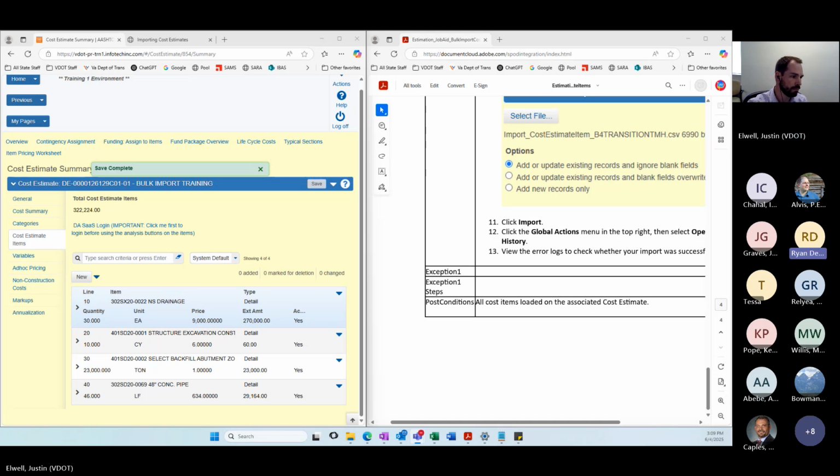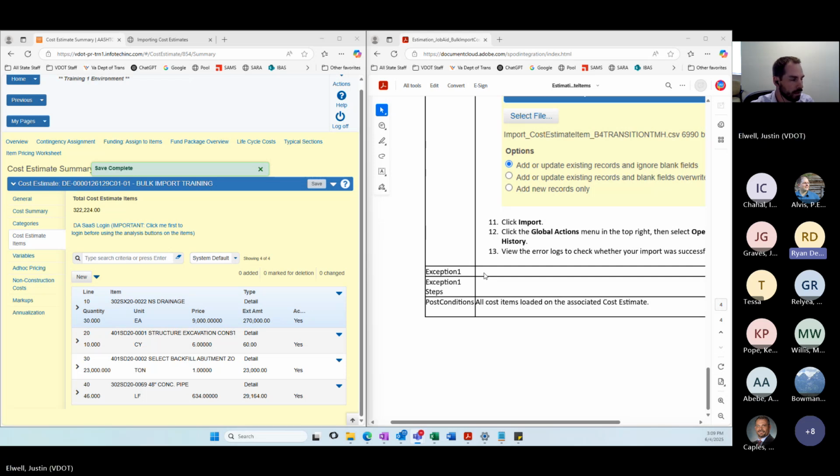Yeah, I thought it was really helpful. I had a project with almost 200 items in it, and had to update the unit prices. And after I accidentally duplicated all of them and deleted them, and then fixed the line number thing to get them all updated, it was still a lot faster than having to update all of them one by one. Yeah. So I thought that was great.